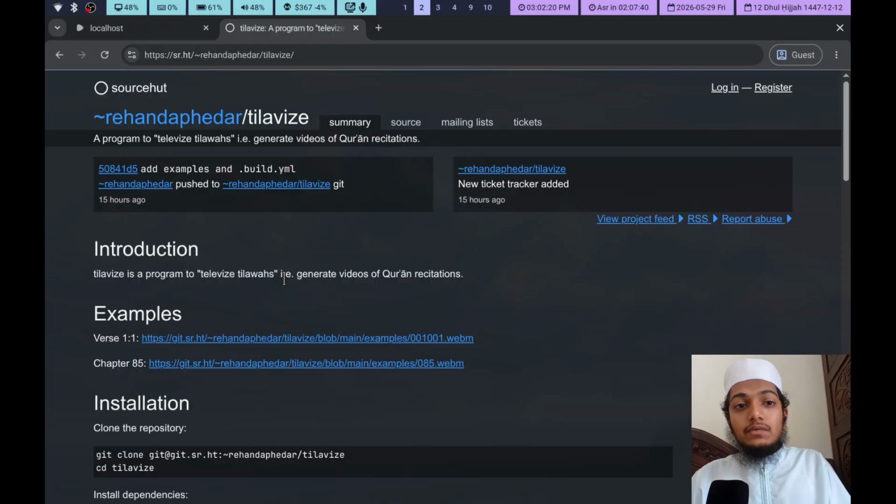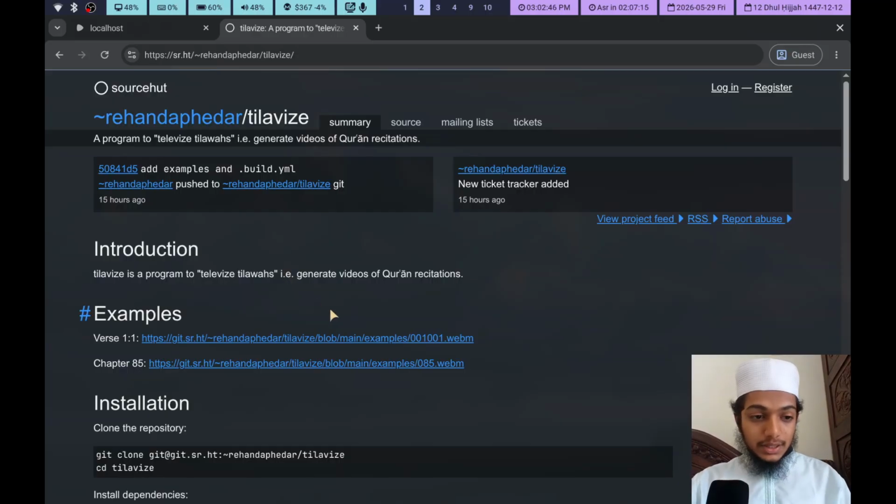Like, let's say I have 30 hours or one khatam of the Quran. It's gonna take a long amount of time to actually edit it out properly. Add in the fact that if you want word by word highlighting, that's gonna increase the load. So for that, this program has been created to ease that process.